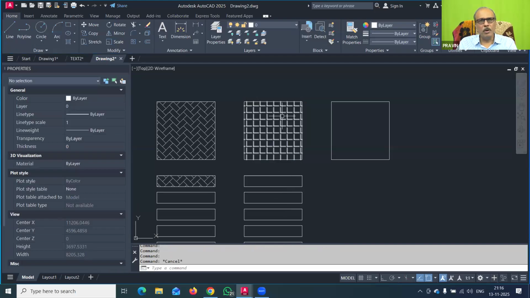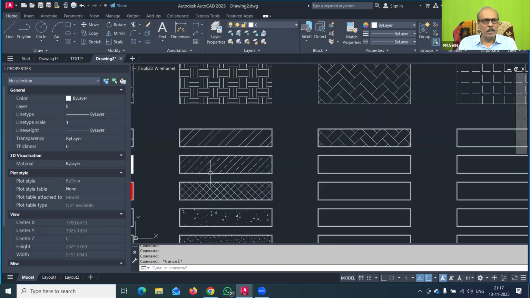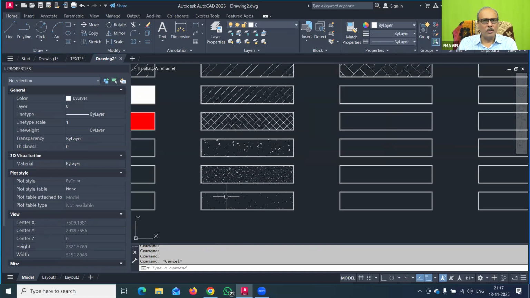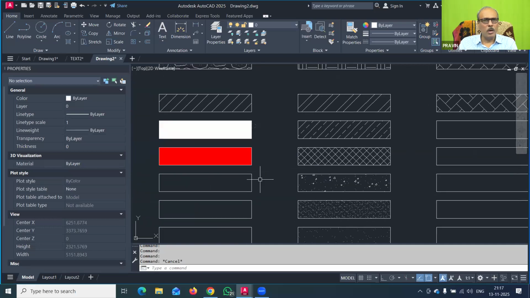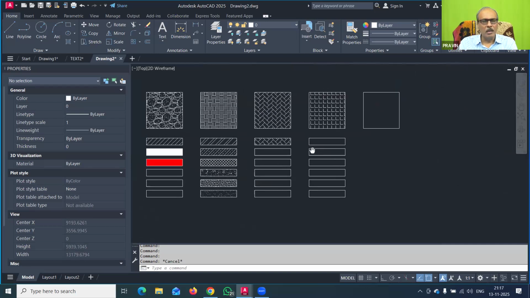So you can show simple concrete tiles to be fitted on a plan. This way you can show this pattern. So these are some of the patterns that are required. For brick masonry, you require this one. Then for stone masonry, you require this pattern. Then grill, you can require this way. You can show the concrete, the sand, the plaster surface, and then you can also have a dark color filled with that. You can change the color of that. So solid color fill you have to use, and this is the hatch pattern. So you have to remember the number while practicing AutoCAD, which hatch pattern you have to use, and accordingly you can create fantastic hatch patterns in your drawing.